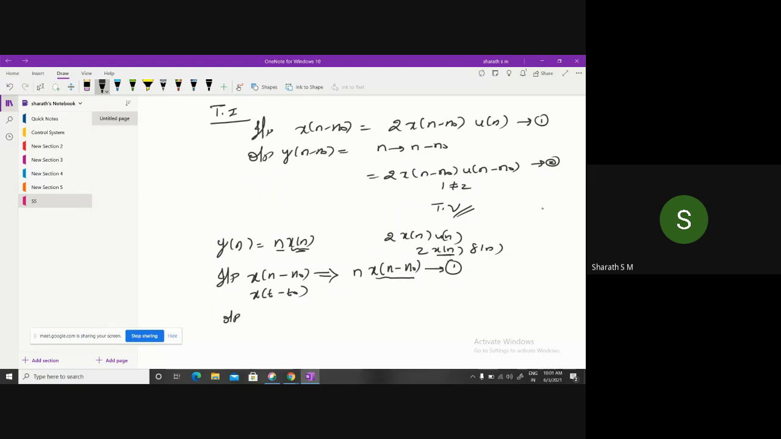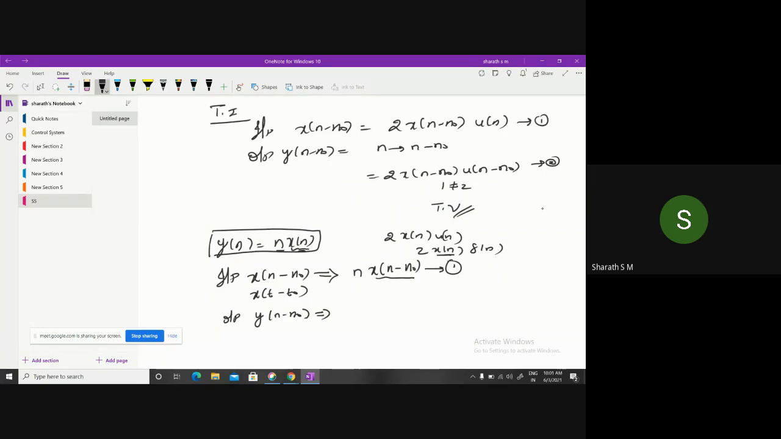Across the output side, y of n minus n naught is what we conclude as the output side. Look at the output equation: y of n is equal to n into x of n. So y of n is there, n into x of n is there. What does y of n minus n naught mean? So y of n is equal to n into x of n. y of n minus n naught is equal to, wherever we have the variable n in this particular equation,